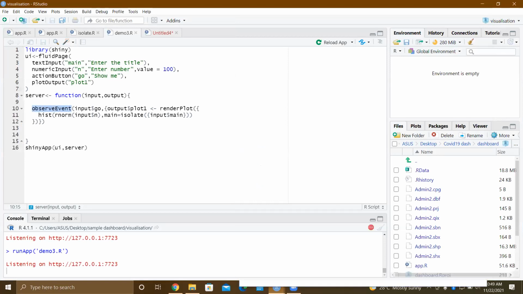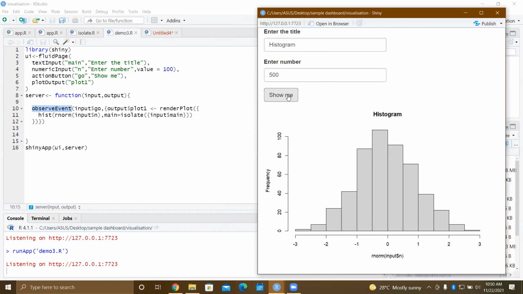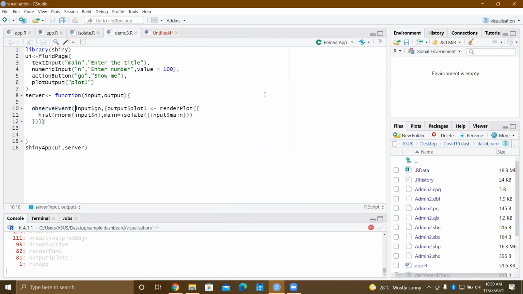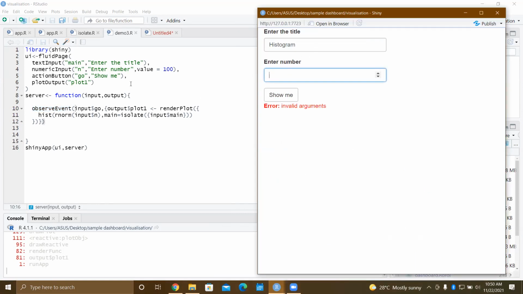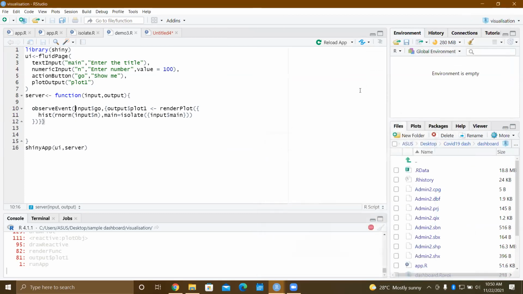You can use it in many ways, like to calculate something whenever you need, or to show something whenever you need. It is not every time the input or the reactive input is changed. So let's change it here also. Okay, so once it has been triggered, it remains true. So my next thing is event reactive.